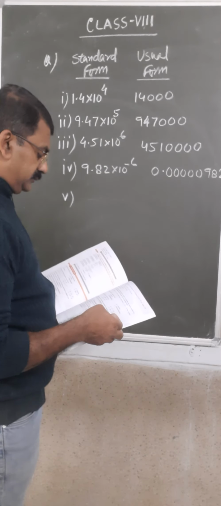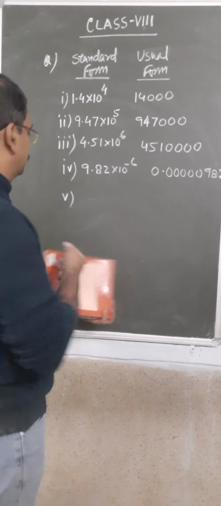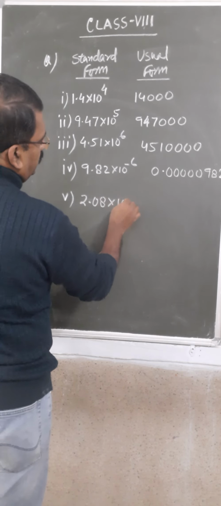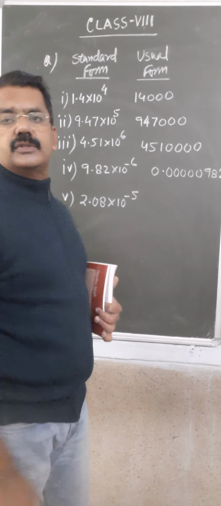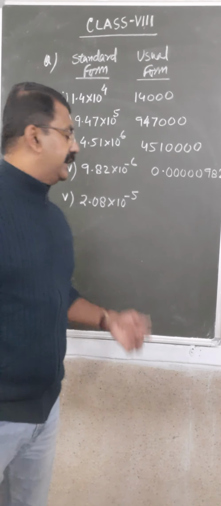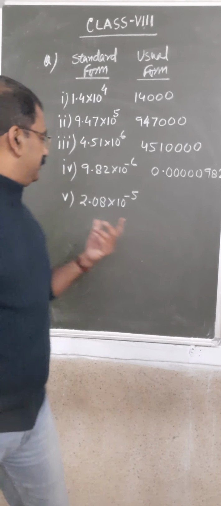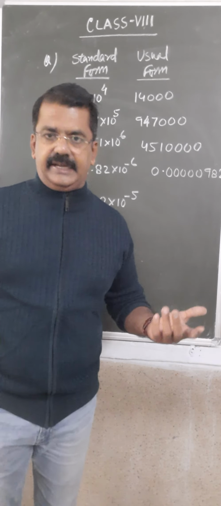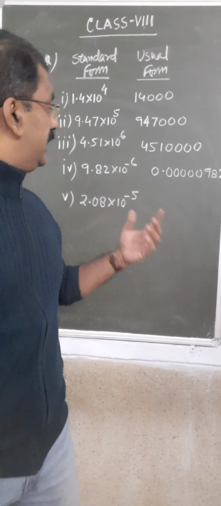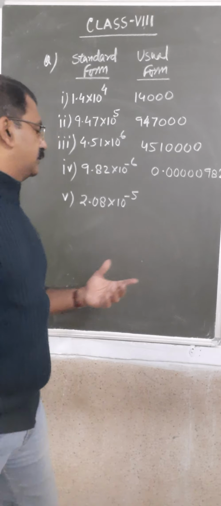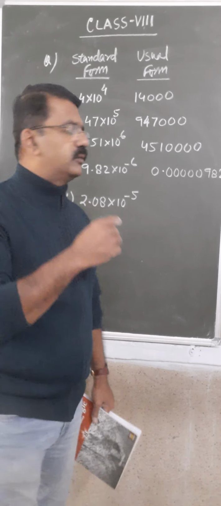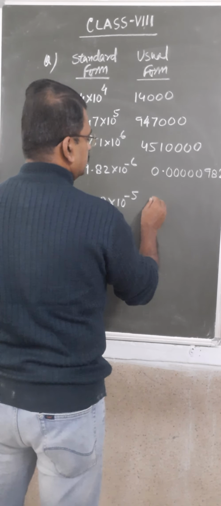One more example. 2.08 into 10 to the power minus 5. Once again, definitely this number is in the standard form because 2.08 is between 1 and 10 and 10 to the minus 5 is there. But now we have to write it in the usual form. That means we have to remove this 10 to the power minus 5. To remove 10 to the power minus 5, the decimal has to be shifted 5 places towards left. So it will be